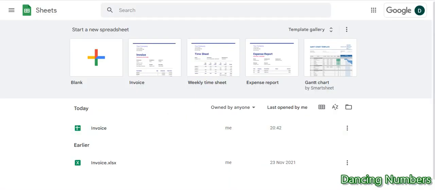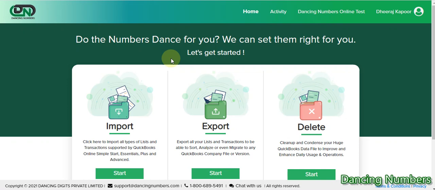Today we are going to try to export the information from Google Sheet to Excel using Dancing Numbers. To begin with, go to the website, that is online.dancingnumbers.com. If you are already signed in or if you are already connected to your QuickBooks Online, it will show